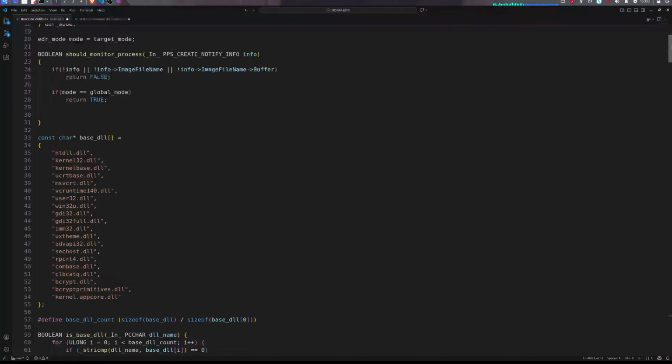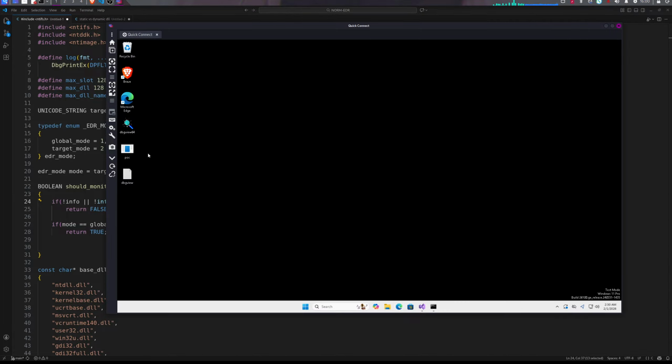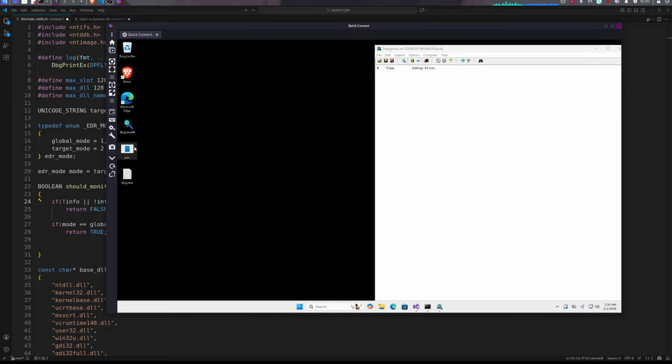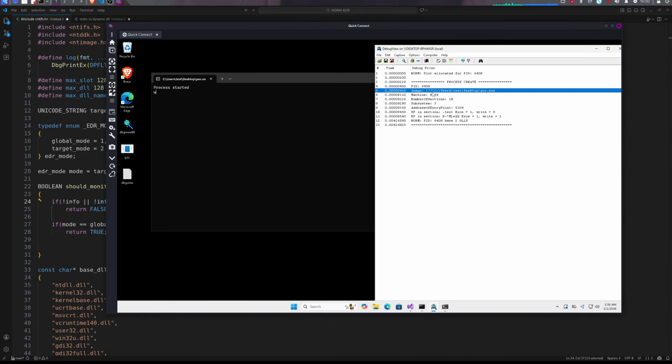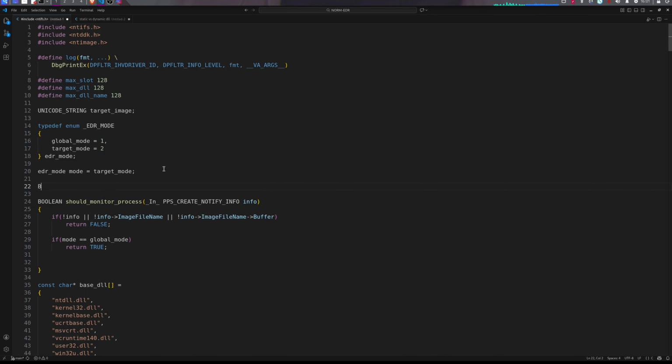So we initialize things. We have our Unicode string with the target name, and now we have to extract the names from the image name. You already know when the image name comes. If I go here, let me start this again to show you. If I run, this is the image name. Just like previously, how we extracted the DLL name from the dynamic DLLs, we're gonna do the same thing again, and we're gonna search for the backslash here. So let's start making a function here, a boolean,